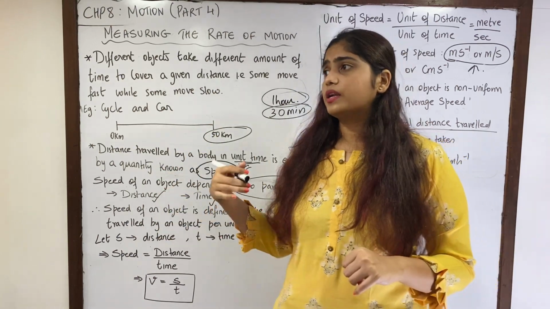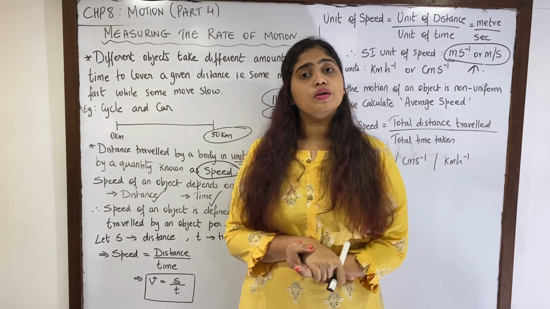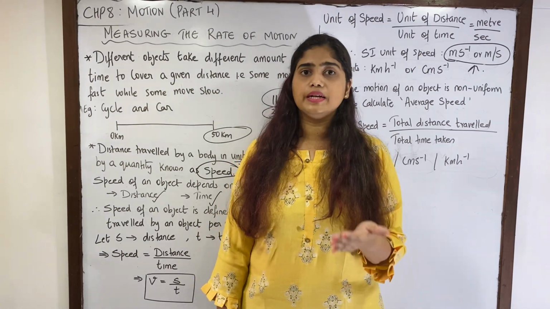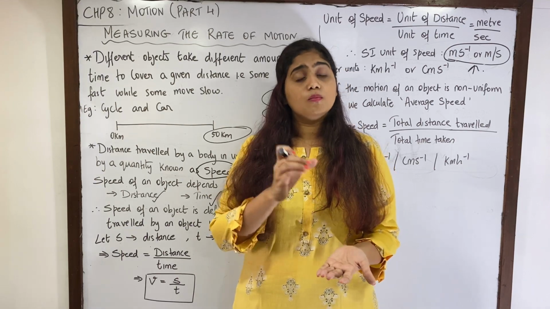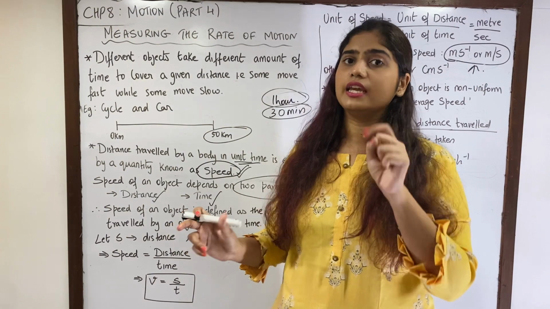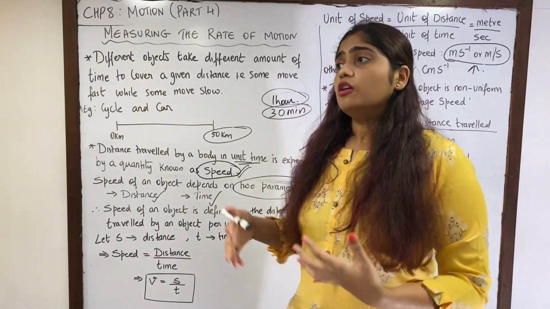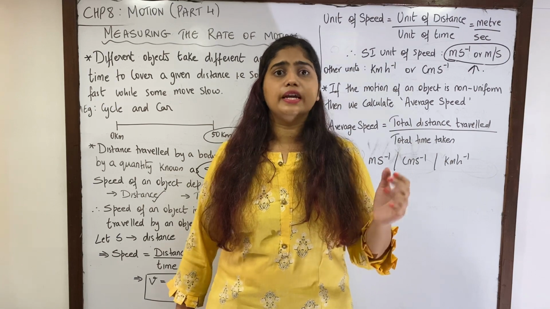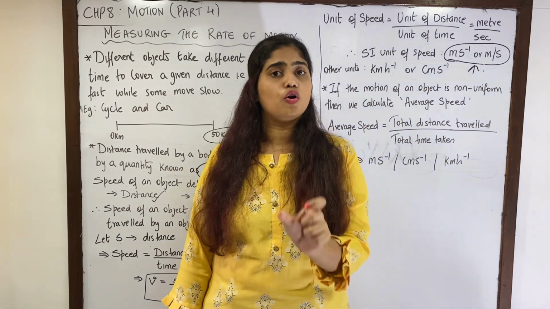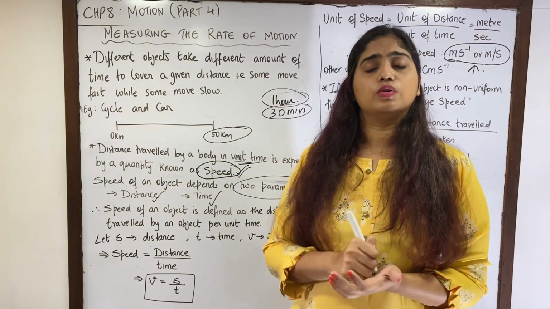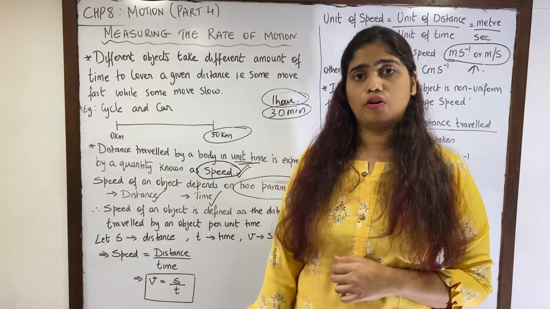Now what if a particular vehicle is traveling with non-uniform speed? Now we know what is non-uniform speed. Non-uniform speed is the motion of an object that is covering unequal distances in equal intervals of time. So we see that whenever a particular object is traveling, it is very rarely going to follow uniform motion. Mostly a particular object is always going to travel with a non-uniform motion.